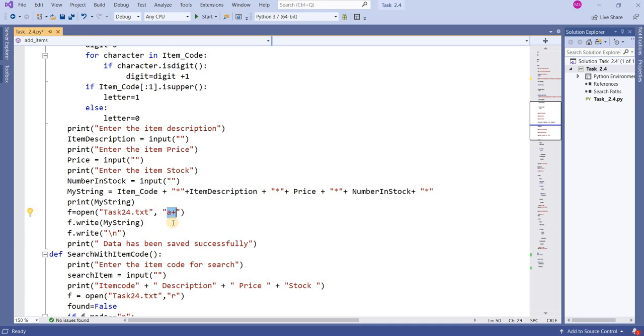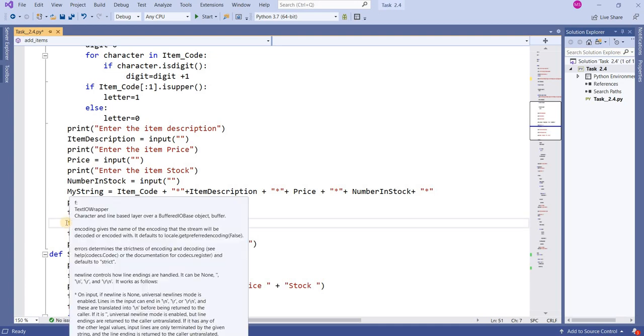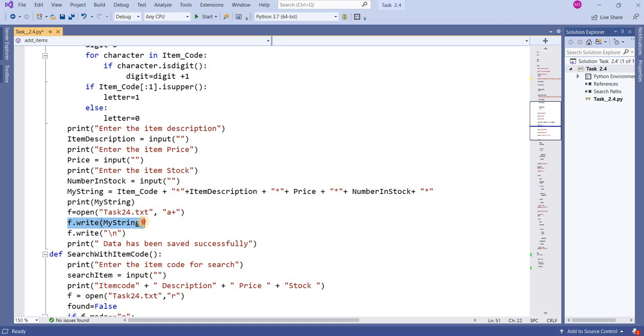If the file is already there, it will append that data into it. f.write will write my string. And what is in my string? All the data that I have asked about one product. Next it will display a newline into the file, and after this it will show me the message: data has been saved successfully.